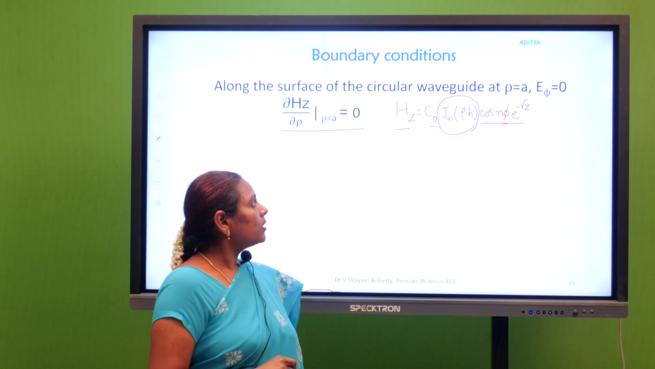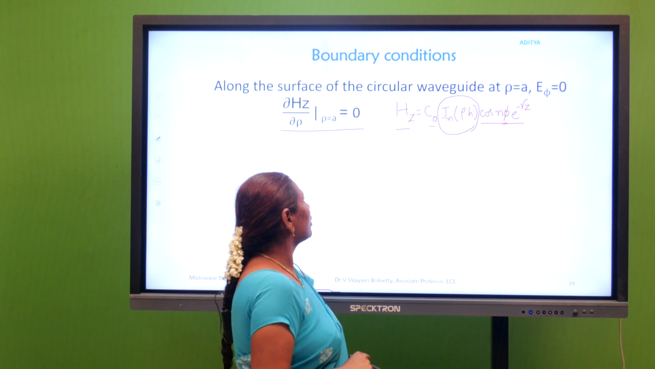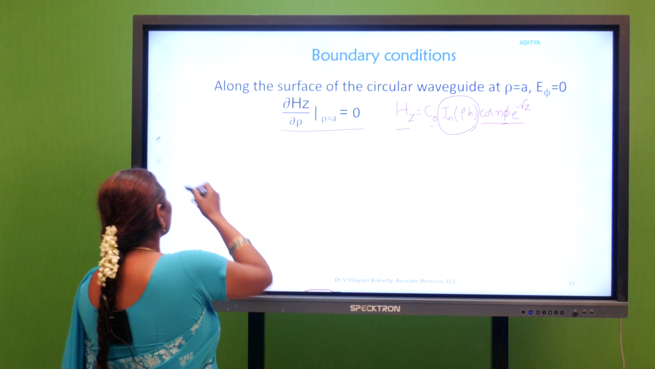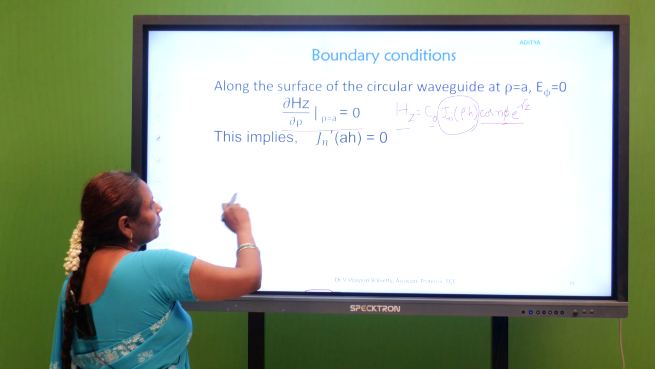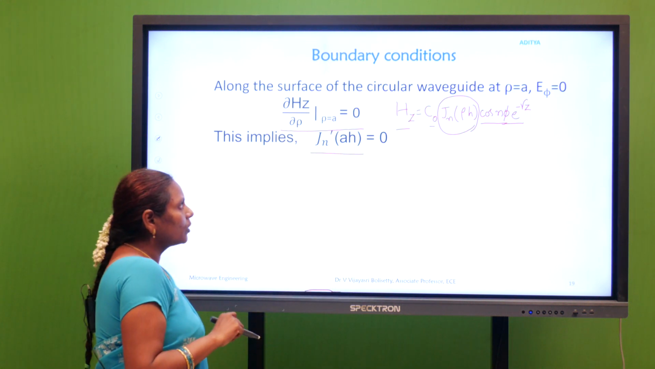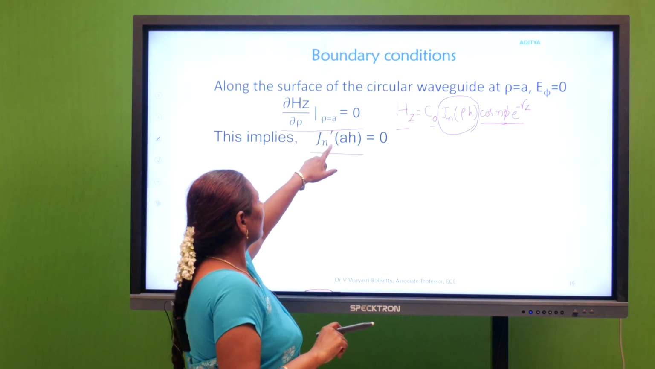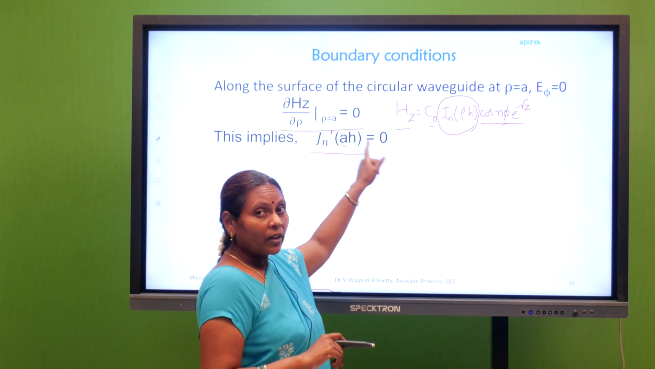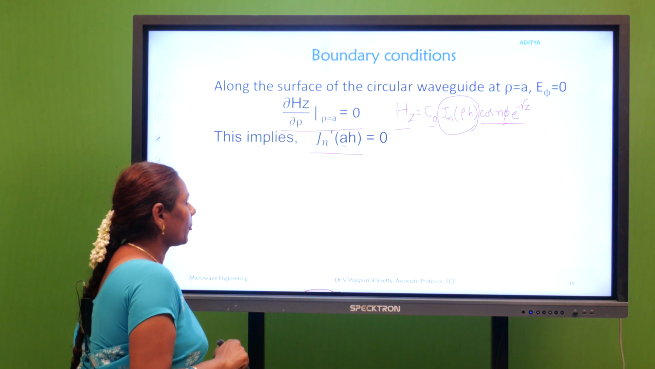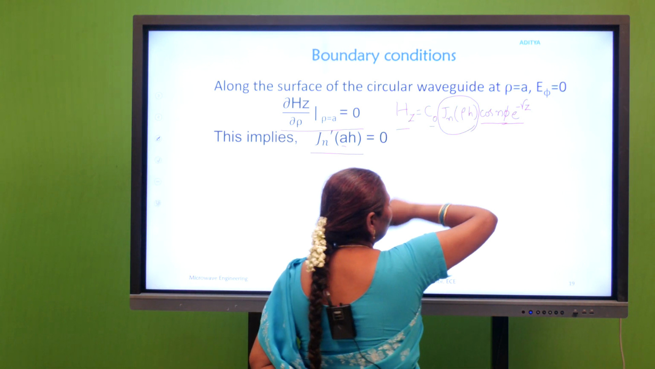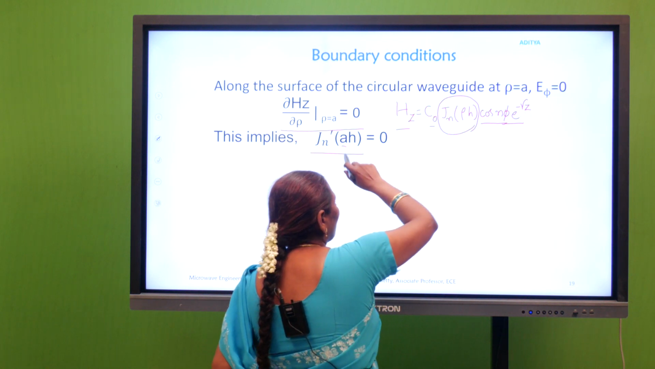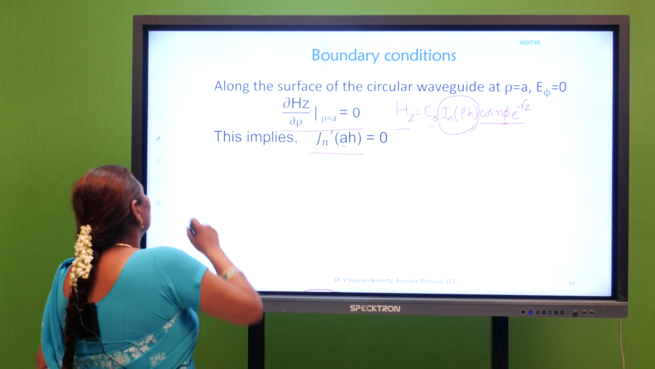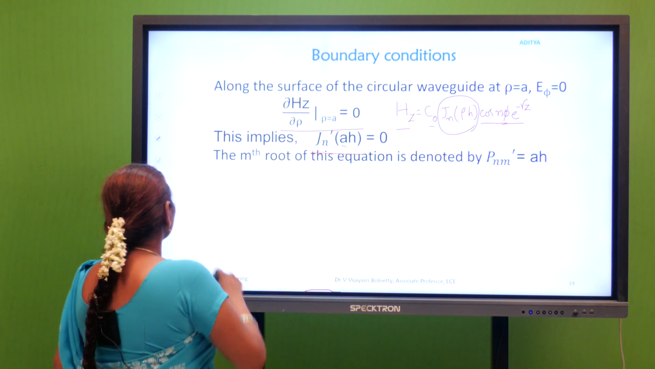Okay, so the differentiation of the Bessel's function we can represent as Jn dash of rho h. But at rho is equal to a, we can write Jn dash of ah is equal to 0, because all the other terms remain constant, and obviously only the differentiation of the Bessel's function has to become 0. So for this Bessel's function equation,